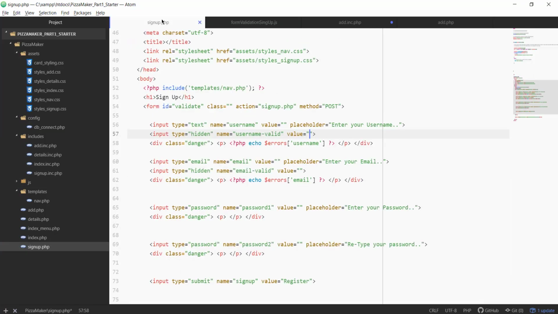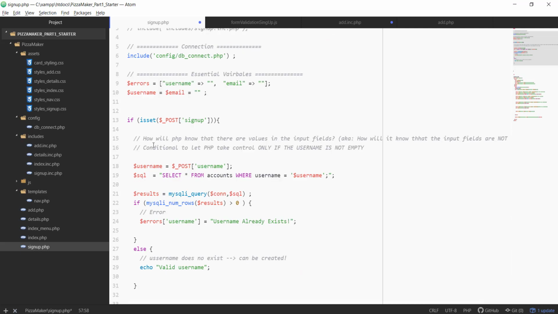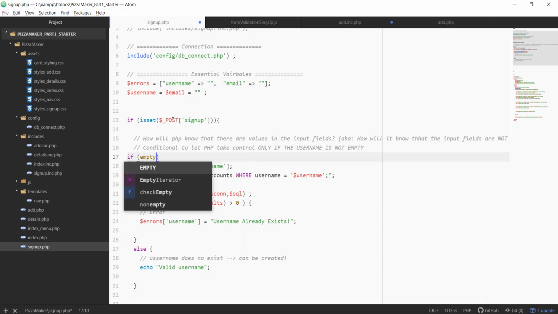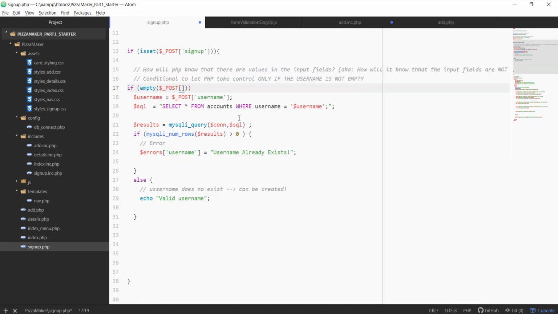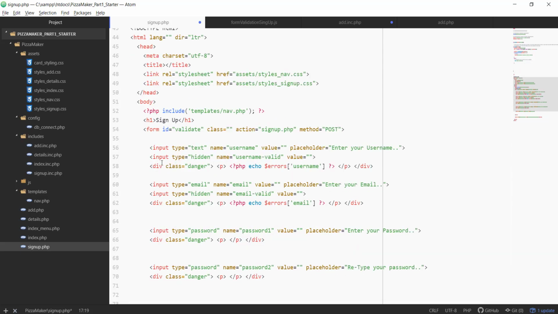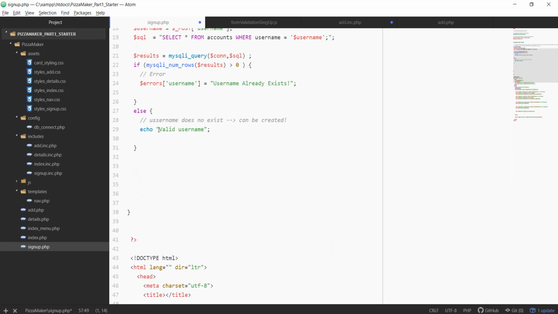So what I'm going to modify in this code is the condition that I was mentioning, which is simply this. I'm going to say if empty, I'm going to use the function empty. So from my post array, if the value inside that hidden input field, if we're talking about the case of the username first, which happens to have the name of username valid,